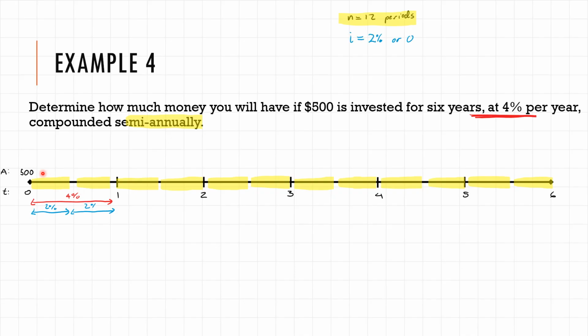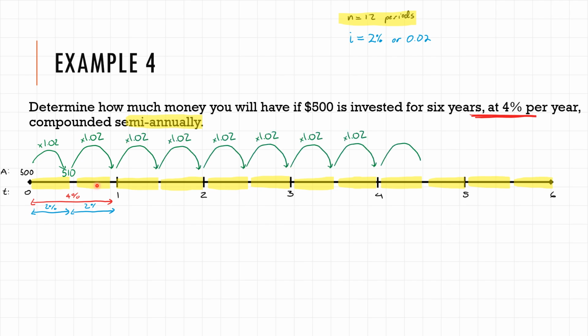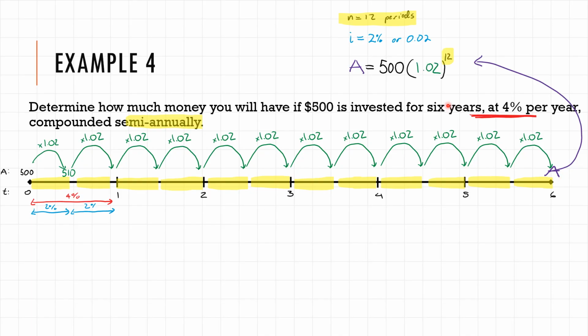And so $500 is growing by 2%, and the way we do that is we multiply it by 1.02. It's $510 after 6 months. Then we can multiply it by 1.02 again to find out how much it is after 1 year. We can keep doing this, just multiplying by 1.02 again, until we have done this a total of 12 times to find the amount. So the amount is 500 times 1.02 to the power of 12, which is approximately